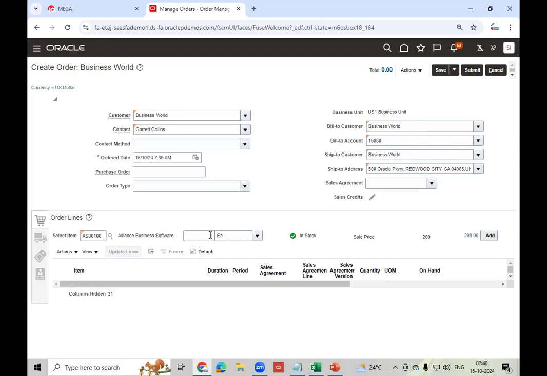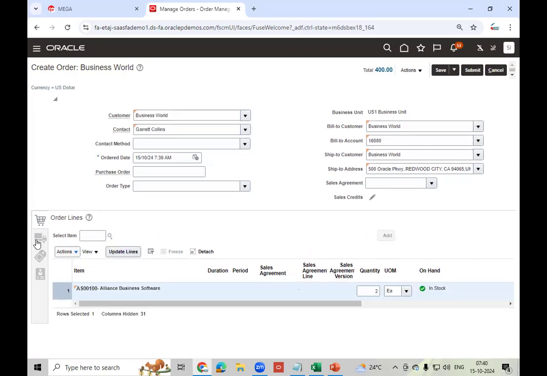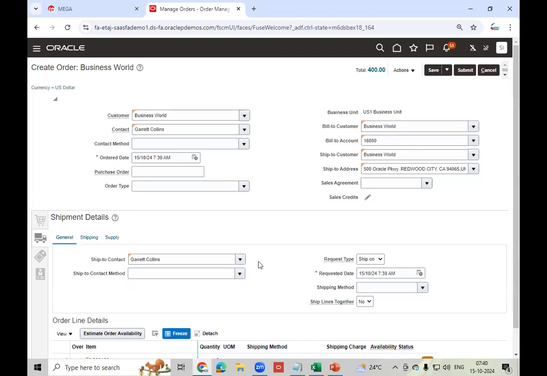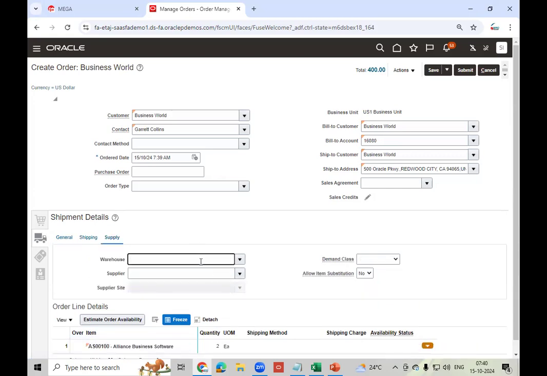Item, yes, 00100. Some quantity I'm selecting, two quantity. You just ignore that it is in stock. I just showed you the attribute: it's a non-shippable item. So you need not select the shipping method also. Why? Because no picking, no shipping. That is the reason there's no need to select the shipping method. Save,